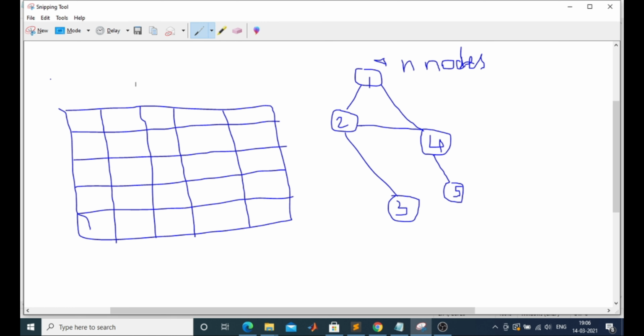Okay, so here we go. We constructed a 5 cross 5 matrix. Let's number it. On a similar basis, here also 1, 2, 3, 4, 5.